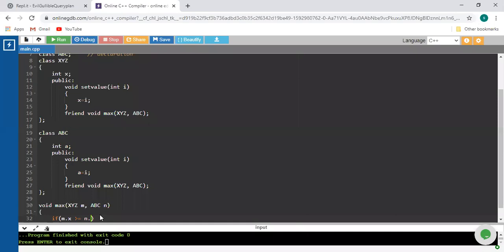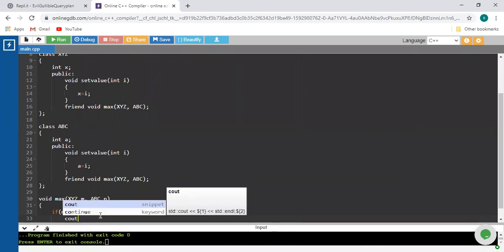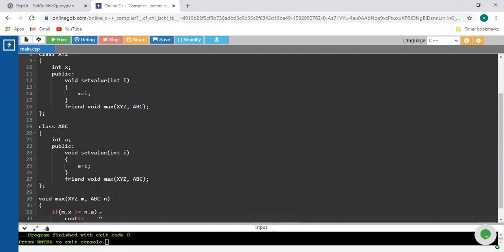So now compare both the variables, which are available in two different classes. If this condition is true, then display directly, because we have considered the return type as void. So directly display with cout: greater number, which one is greater? If this condition is true, m.x is greater.